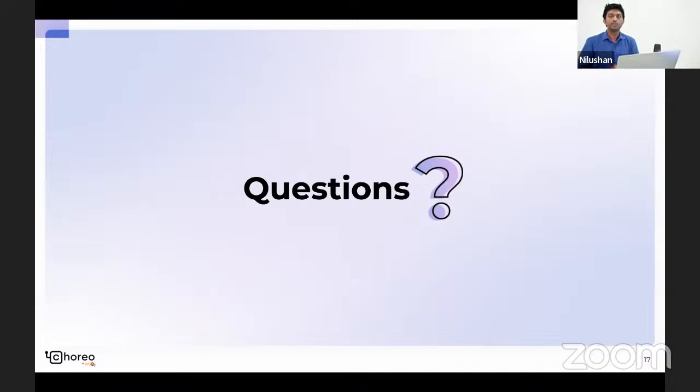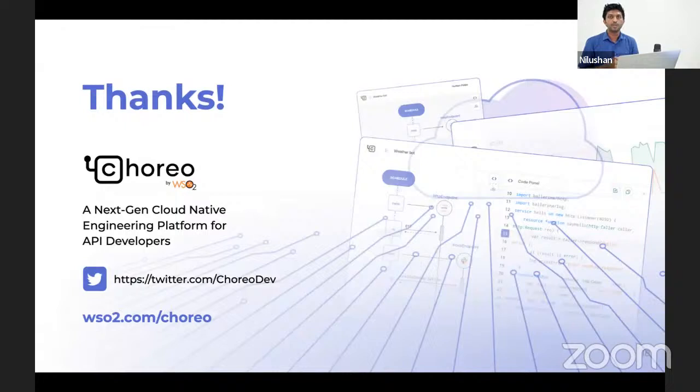For now, I hope that you were able to understand something about monitoring and debugging using today's community call. Today we went through the observability features that are available in Choreo, and we looked at why it's important to use observability with a platform-less product, because you don't have to worry about what's happening underneath. You can just deploy your application and start using all the observability features. We looked at how we could debug applications at different levels, at component level, at project level, and finally figure out where an issue in a